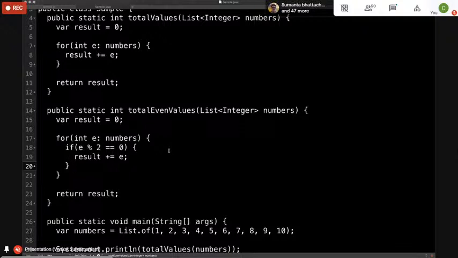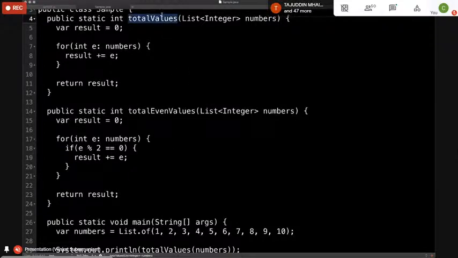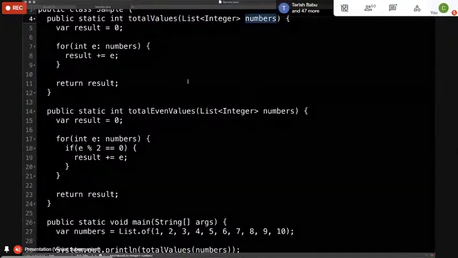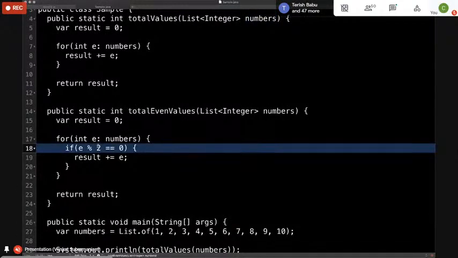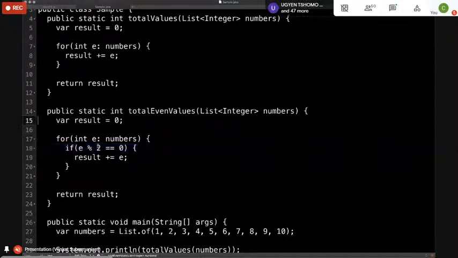So what can we do? Let's apply the strategy. But what's the strategy? The strategy is you want to total the values. That's your algorithm. But the strategy is all the values, or only the even values, or only the odd values, or only numbers greater than some number. Those are your strategy.